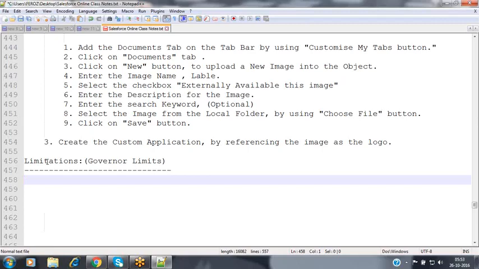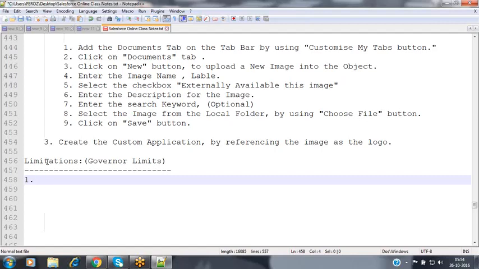Now, as part of this limitation for your custom applications, from the interview point of view, they will raise a question: how many custom applications can I create inside my unlimited edition? Do we have any limit, or can we create any number of applications?